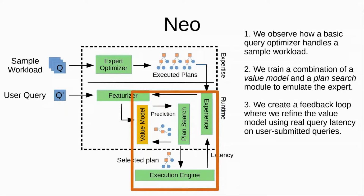Okay, and as long as we are here, can you tell us exactly what are the inputs for each of these modules? Sure. You say sample workload and user query, but what do we exactly have there? Right. So the user query is more or less a SQL query. Specifically, it's a parsed form of it, so you can think of it like the join graph. The featurizer takes in that join graph and turns